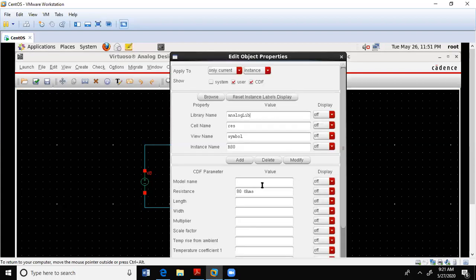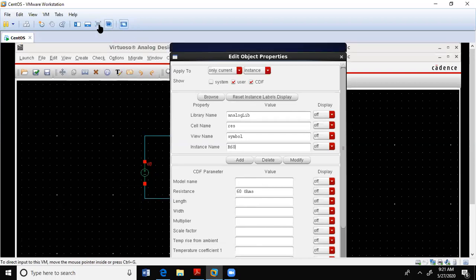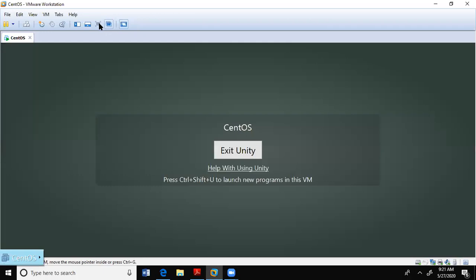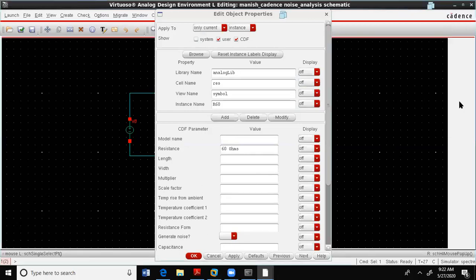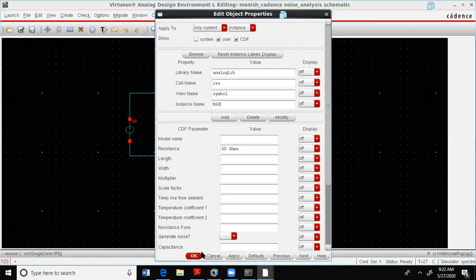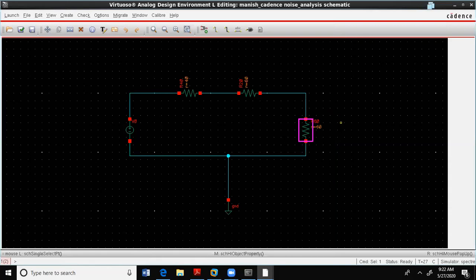So take the value as 60 and the resistance name as 60. Apply. Check and save.